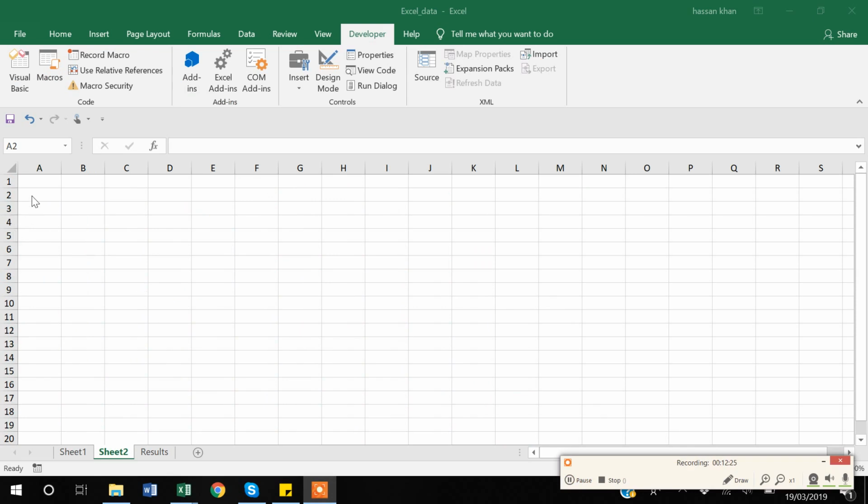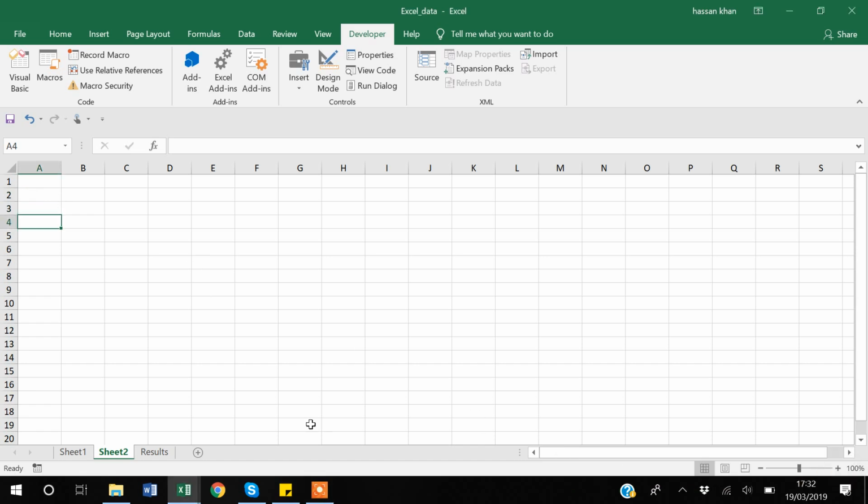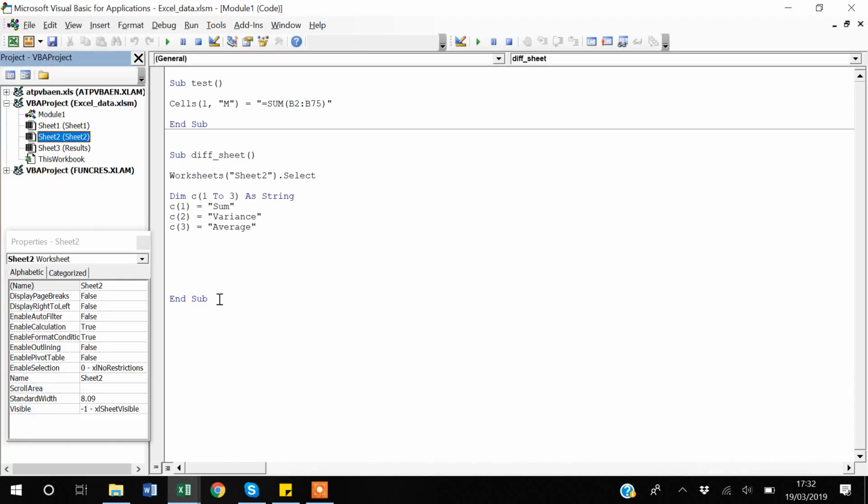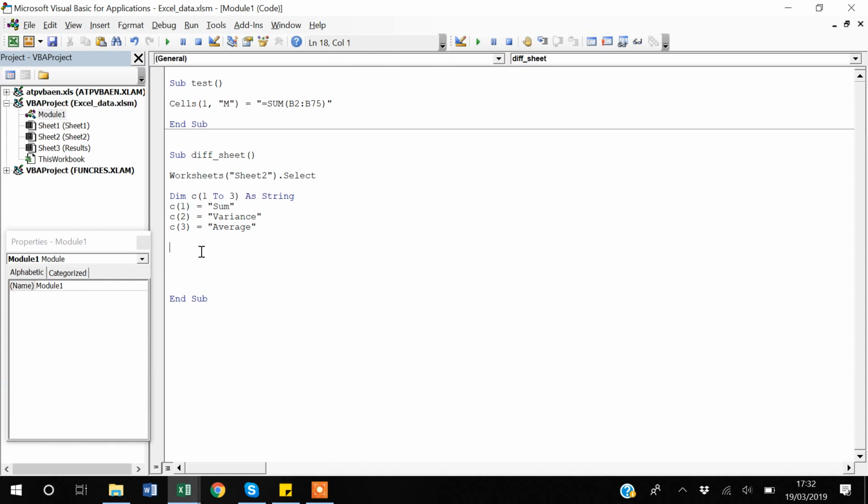So I will be assigning that vector to this cell and this cell and this cell. So I will go back to my VBA now. And now you can assign it in different ways, but I will be using a loop to assign this segment of this vector to each cell. So I will be saying for D is equal to 1. So D will be my new scalar, and then I'll be saying next D, where my loop will be finishing,